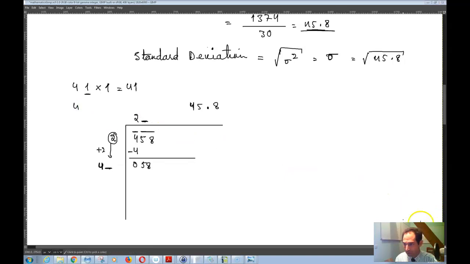So as you can see, if I go over 1, I would get 42 times 2, which would be 84, which would be larger than this number. So I have to stick with 1. So I write this 41 over here, and then the 1 over here as well, right? And then 1 times 41 is equal to 41. If you subtract, you will get a 1 over here and a 7 over here. You get 17 remainder. Now what you need to do is